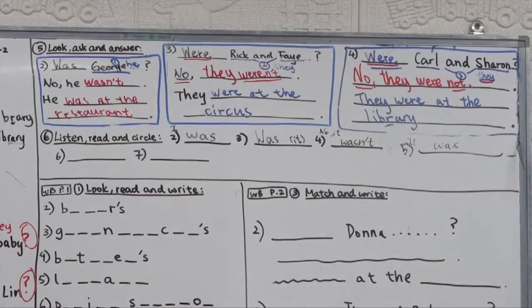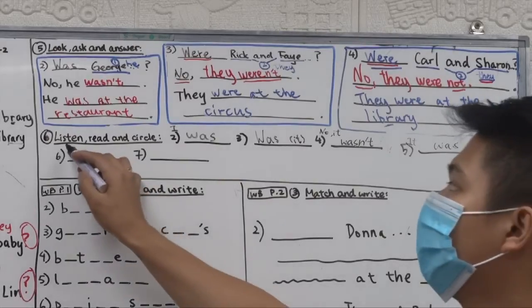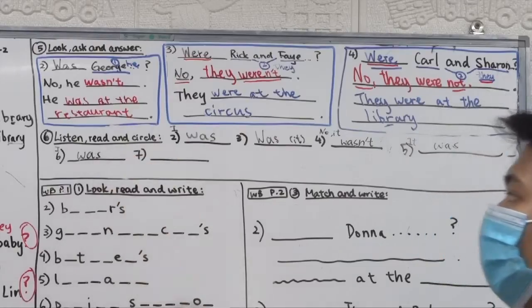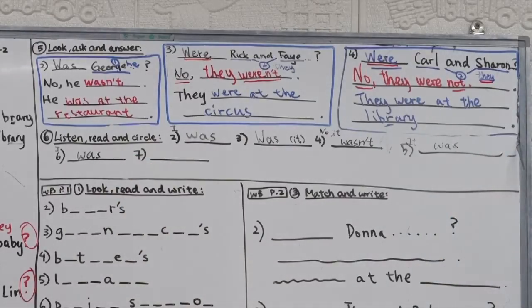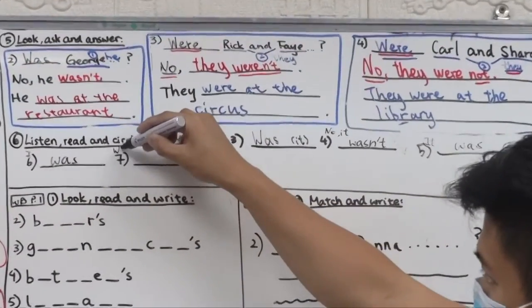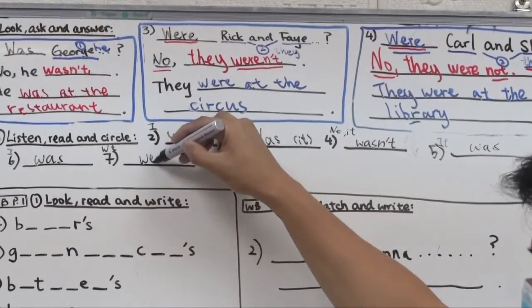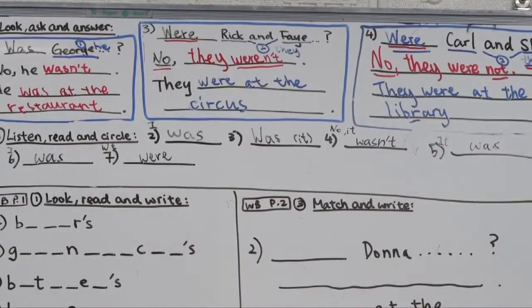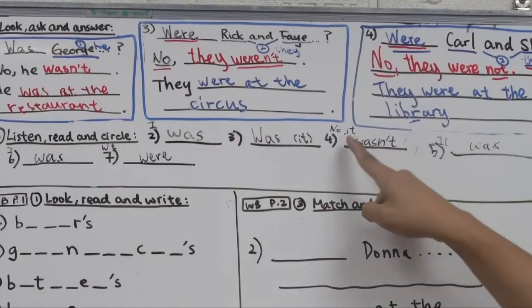And then question number 6, again, we have I. So with I, we need to put was. I was with Mr. Rossi. And then we have number 7, we. Okay, we have we. So we were. Alright? So even without listening to the exercise, you can already give the answers correctly because we have the situations,